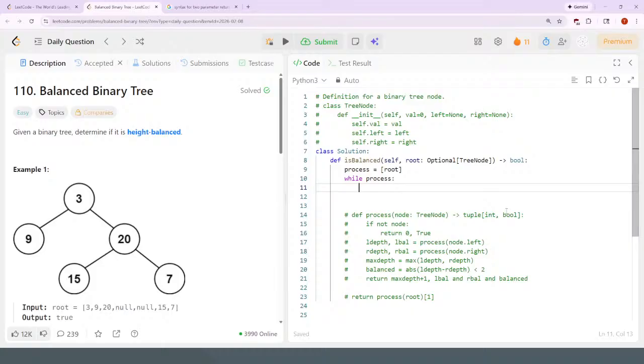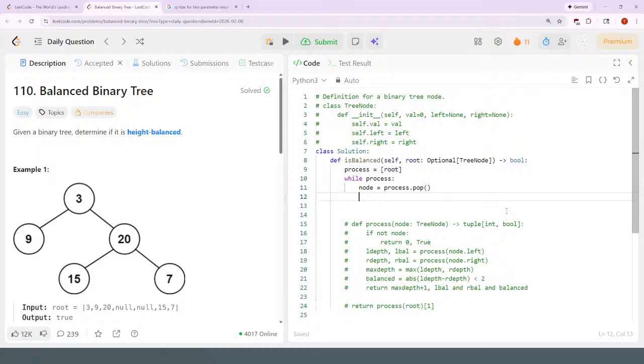Depth first search is generally going to be a stack, and breadth first search should generally be alternating layers or a queue. All right. Node equals process dot pop. So then when I process it,